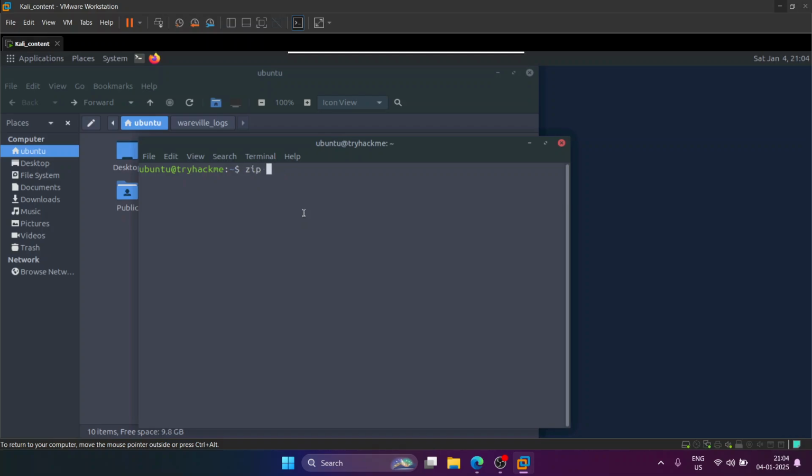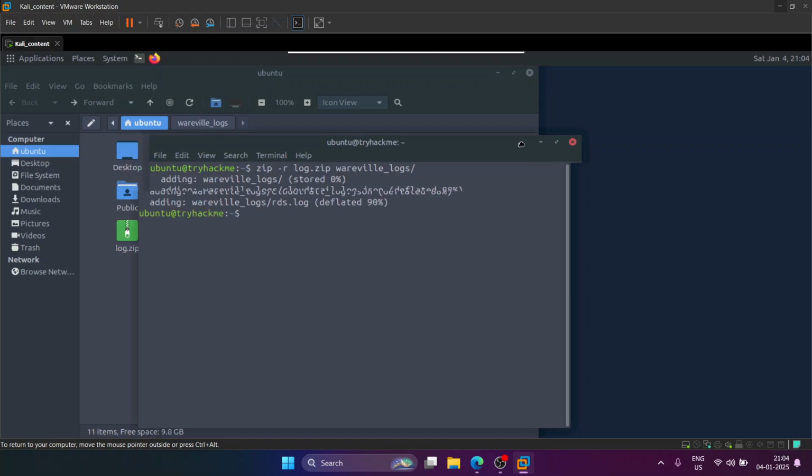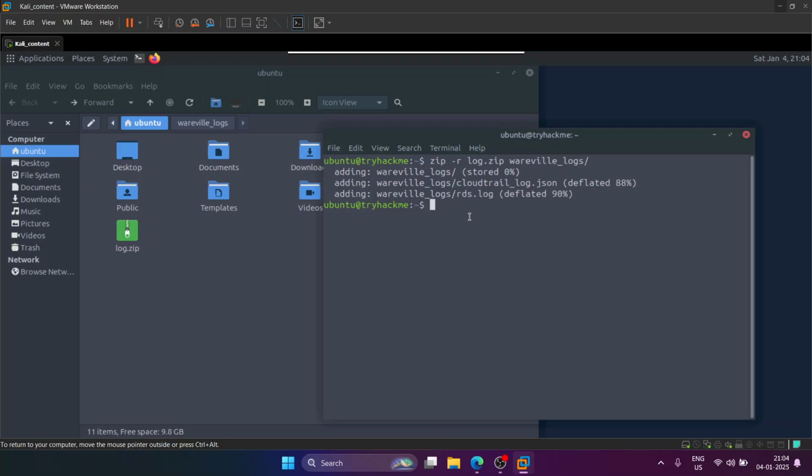First of all, let me create a zip for this folder, log.zip. So we have created a zip for this folder, and now I need to create a simple HTTP server. So our server is running on port number 8000, and if you directly